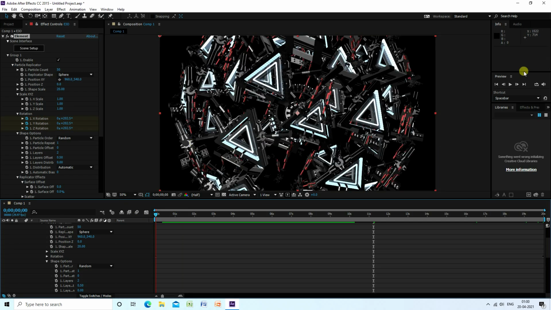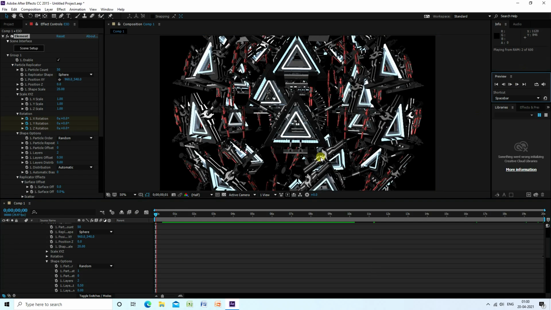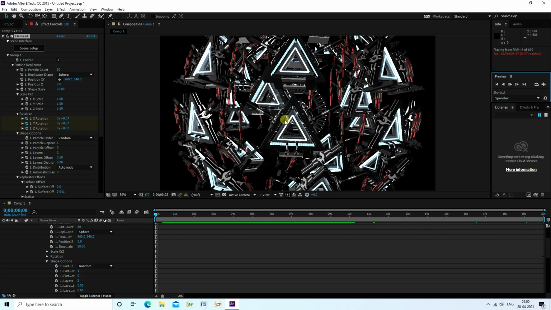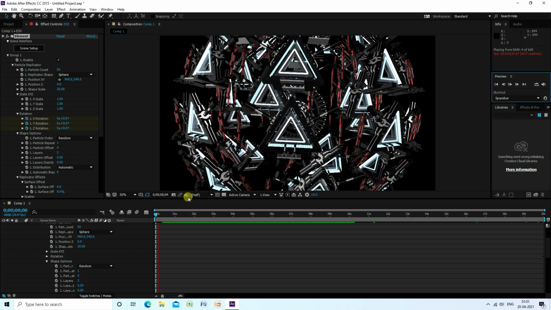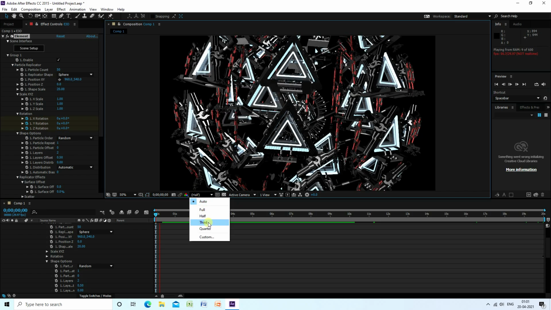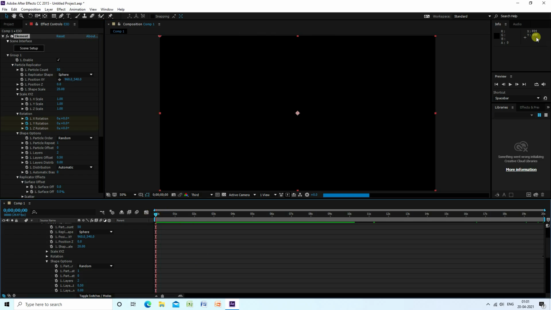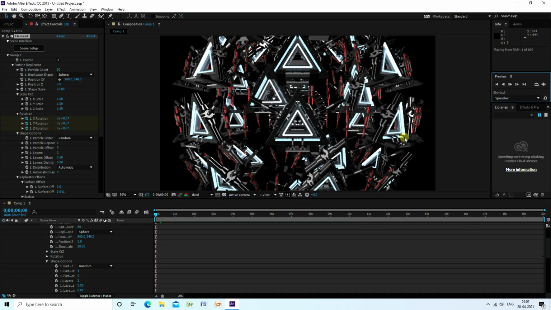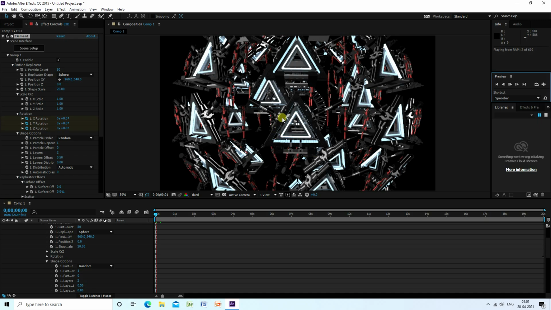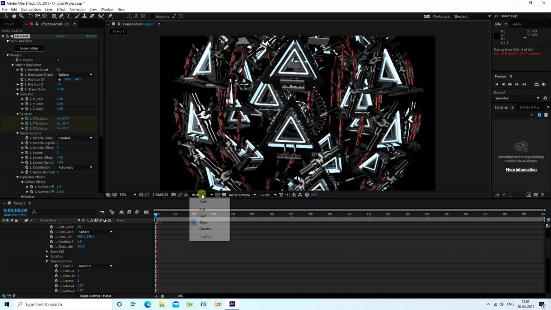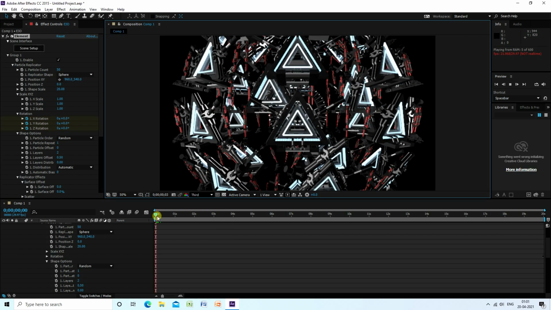Guys, that's so many heavy particles. My system is getting slow. Yeah, see guys, that's my simple effect. So you can also change the resolution, this one, and go back again and play. Yeah, right. Okay, so now all is good. So stop this animation and use Auto.